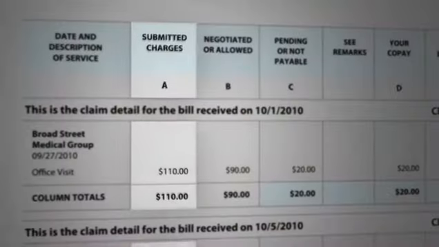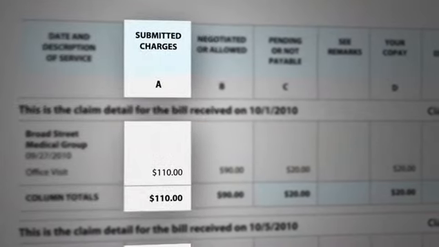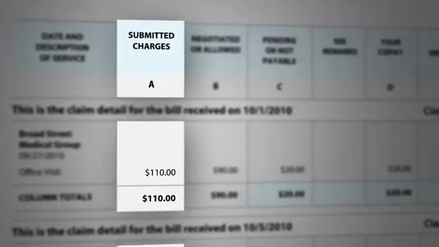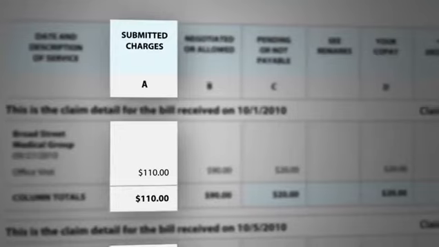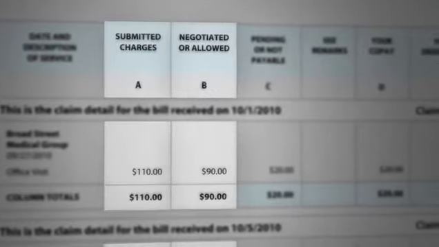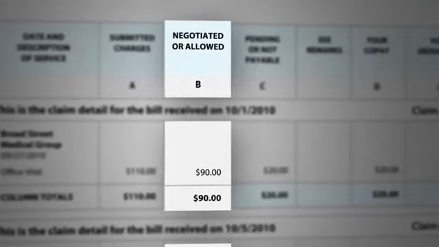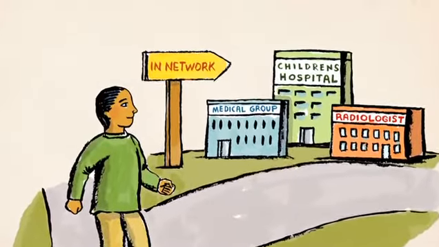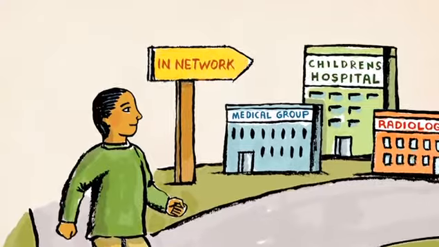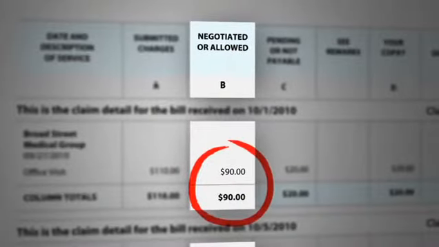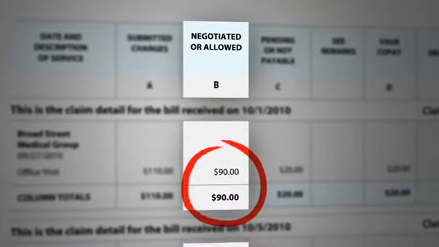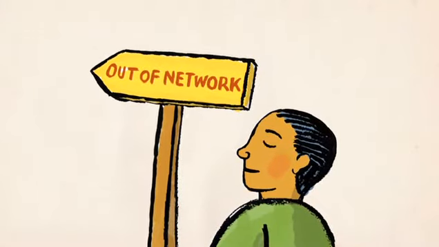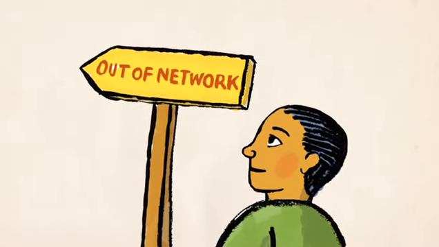Following the service description or service code is a column called Billed Charges or Submitted Charges. This is the amount your provider billed you or your insurer for the service. Next is a column called Allowed Charges, Negotiated Amount, or Allowed Amount. If your provider is in your health plan's network, this is the amount your plan agreed to pay your provider. If your provider is not in your health plan's network, the amount is the service price upon which your insurer